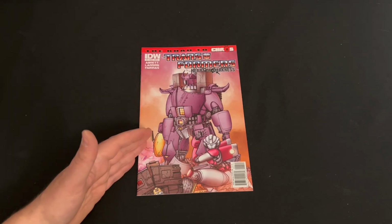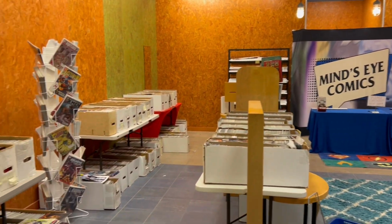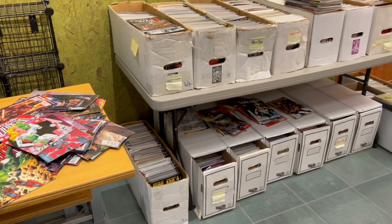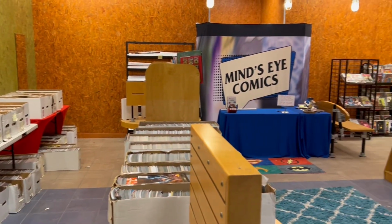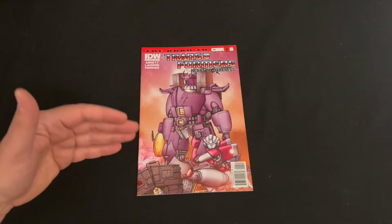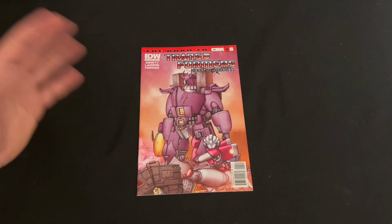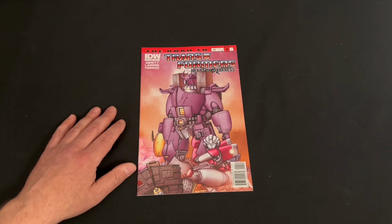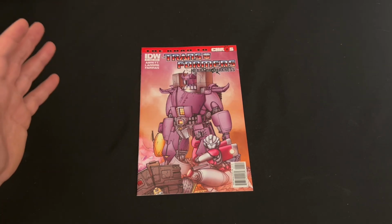He had all of the back issues in his normal store, but then he also rented the next door retail space, and he just filled that with long boxes, all of which came from his storage facility, because the store he's the owner of has been in existence before he was the owner. And so he's got storage units worth of backstock. And he said, you know what? They're not doing anybody any good in storage. So let me pull them out, fit as many as I can in the store spaces here, and sell them